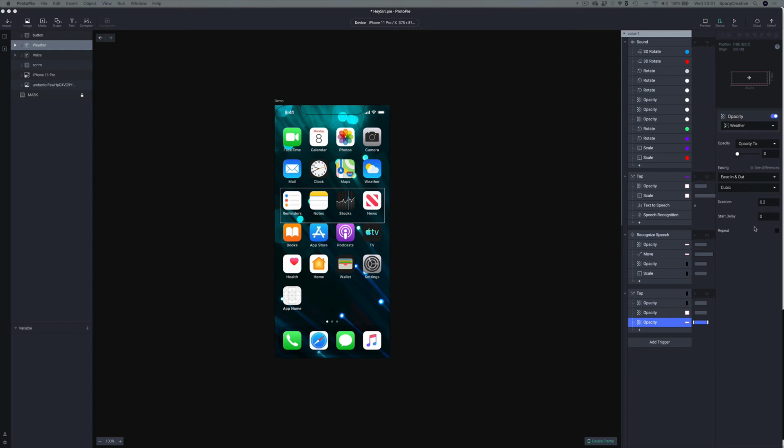Okay, so one final job we need to do, and that is to set the starting state of our Siri orb. If you remember, previously we set a scale to scale the orb up to 100, so we need to now set the default state to 50 so we can make that animation happen. So what we're going to do is add a start trigger,